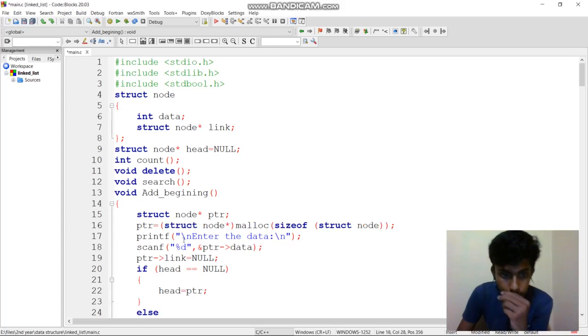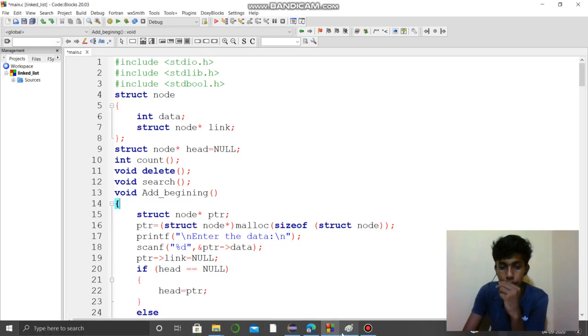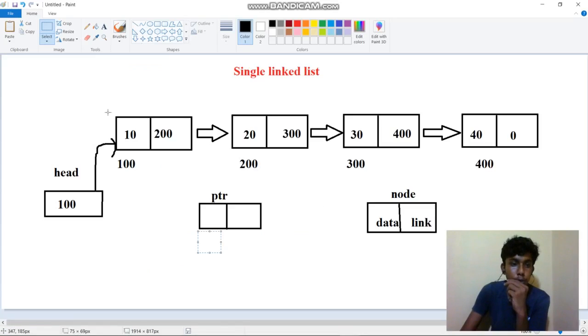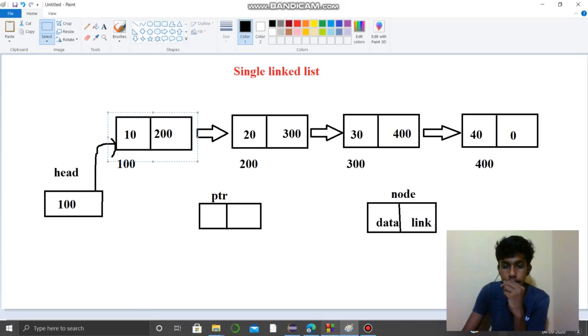What is that? The malloc function is used in data structures to create dynamic memory, a continuous memory. The malloc function will create it and return the address.